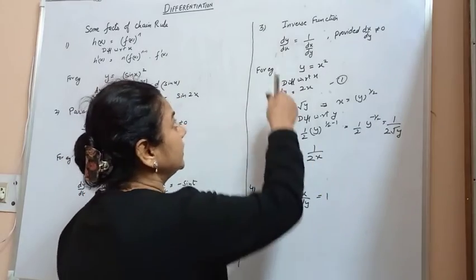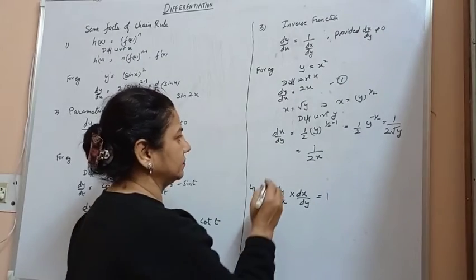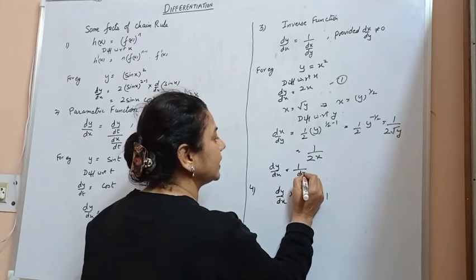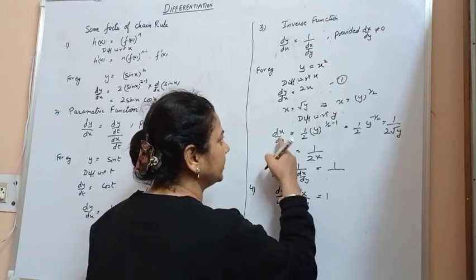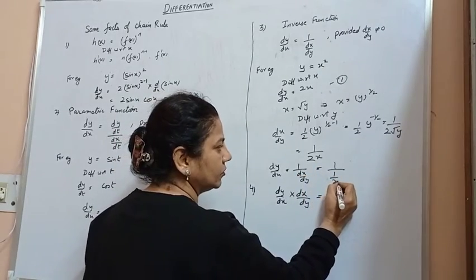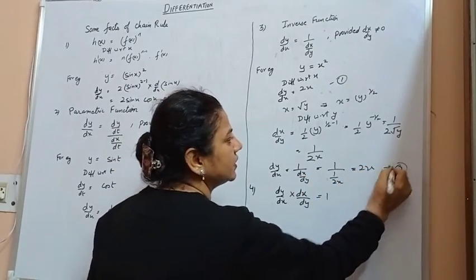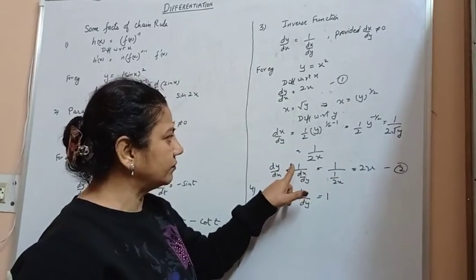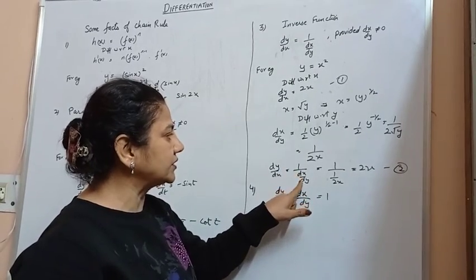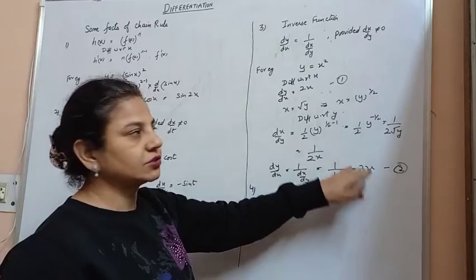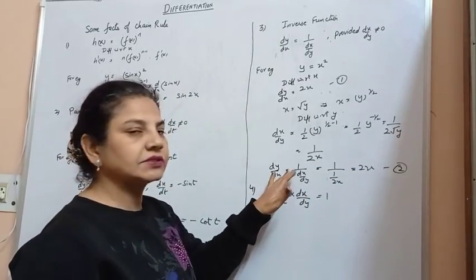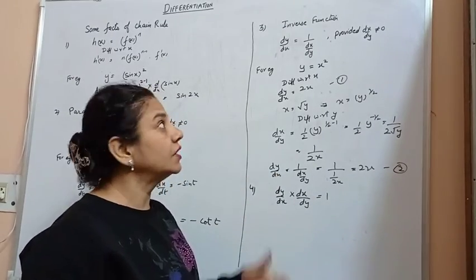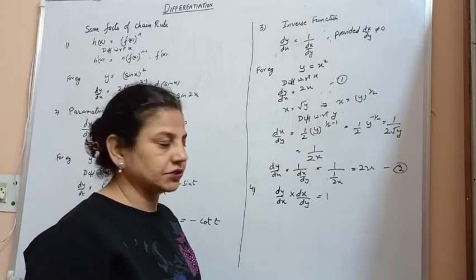Now observe this, dy by dx is 1 upon dx by dy. Let us see, dy by dx is equal to 1 upon dx by dy. Here we have 1 upon dx by dy, where the value is 1 upon 2x, which is equal to 2x. So from 1 and 2, dy by dx is 2x, and again dy by dx is 2x, which we have as 1 upon dx by dy. We substitute the value and we get the same result. So 1 and 2 both are the same. So we can say that dy by dx is equal to 1 upon dx by dy. This is a formula, this type of chain rule is used to calculate the derivative of an inverse function.